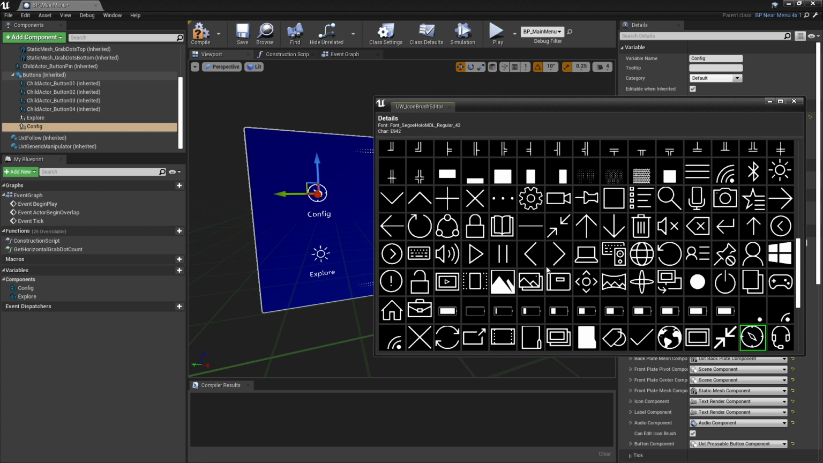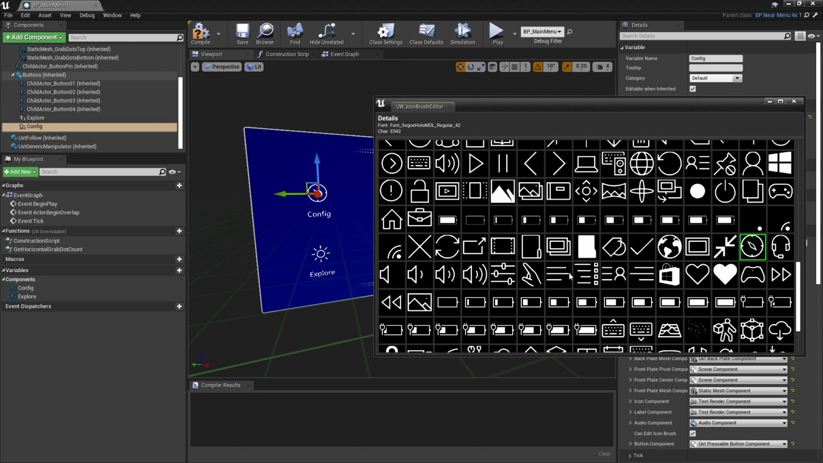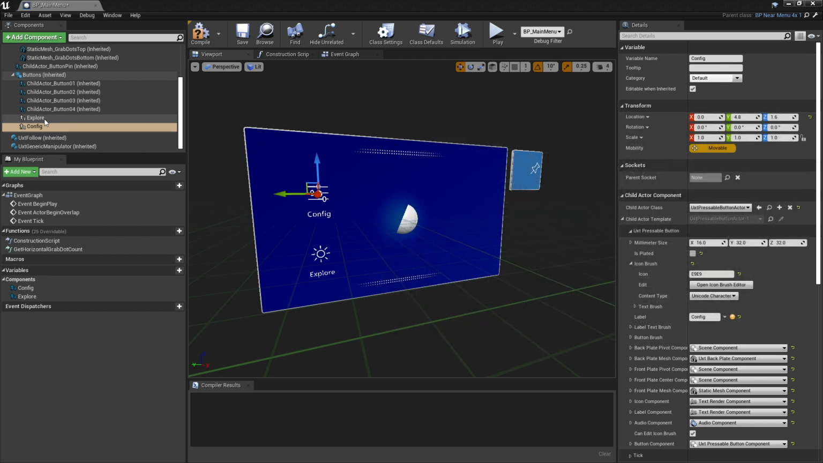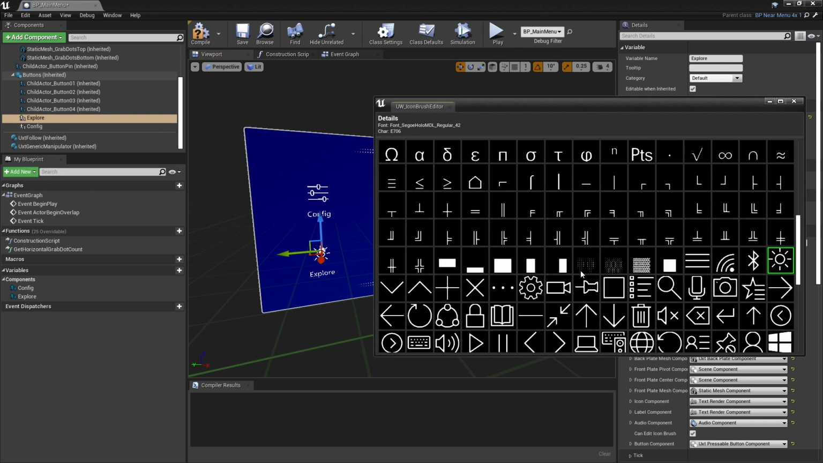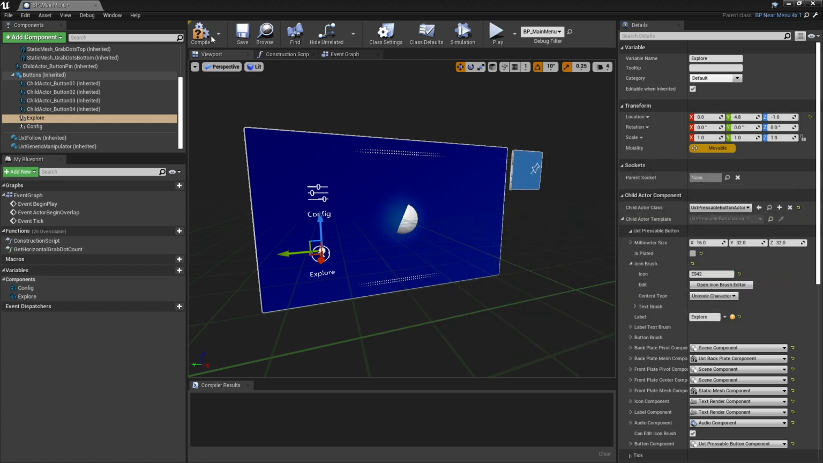I think for config, let's do a bunch of sliders. That makes sense. And then for explore, I think this compass makes sense for exploring. Perfect. And one last thing I'm going to do: right now, this child class is just using the normal